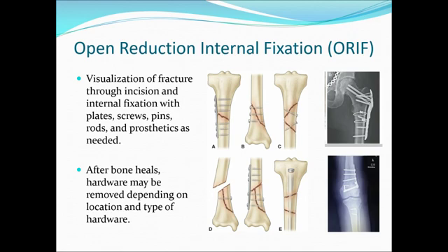They go in, they visualize the fracture, and they are going to reduce it, get it back in line, manually manipulate that, and then fixate with plates, screws, pins, rods, or a prosthesis. Sometimes they can't fix it and they actually need to do a whole joint replacement. After the bone heals, in some cases they may remove the hardware. In other cases, it just stays there forever. But the whole process is really the same in the sense that we're realigning the bone and we're immobilizing it, we're fixating it into place.